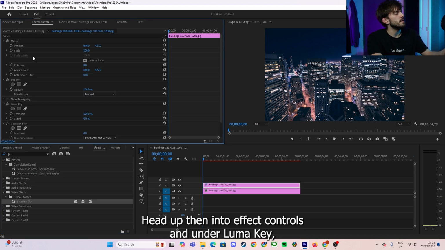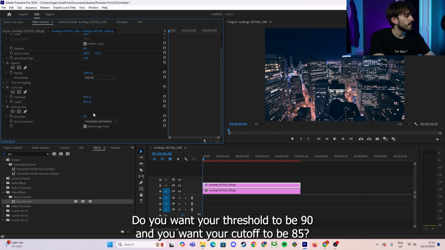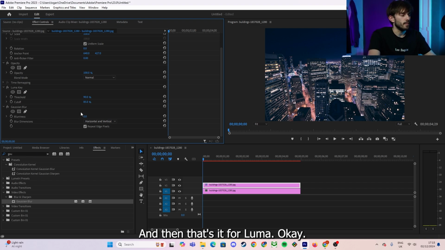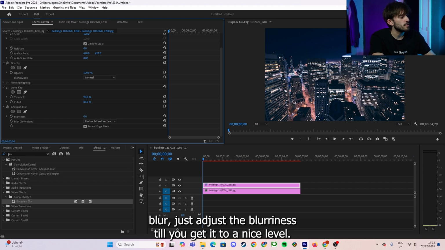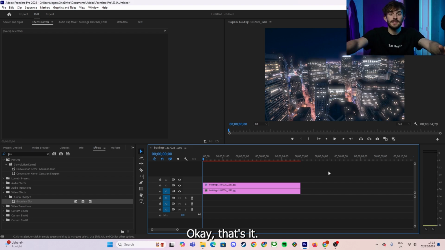Head up then into effect controls, and under Luma key you want your threshold to be 90 and you want your cutoff to be 85. And then that's it for Luma key. And with your Gaussian blur, just adjust the blurriness till you get it to a nice level. Okay, I quite like 60. Okay, that's it. That's how you get